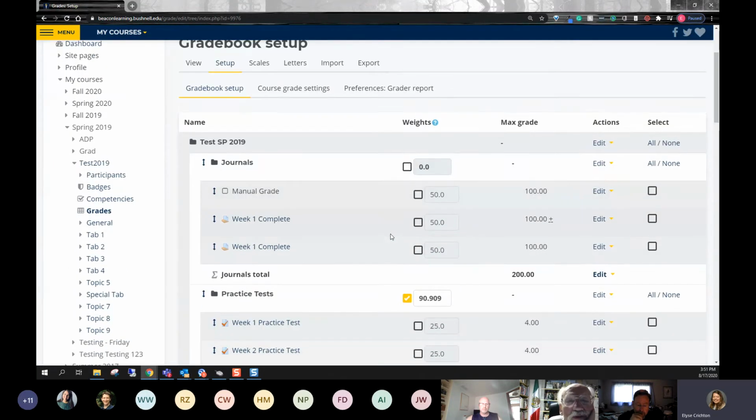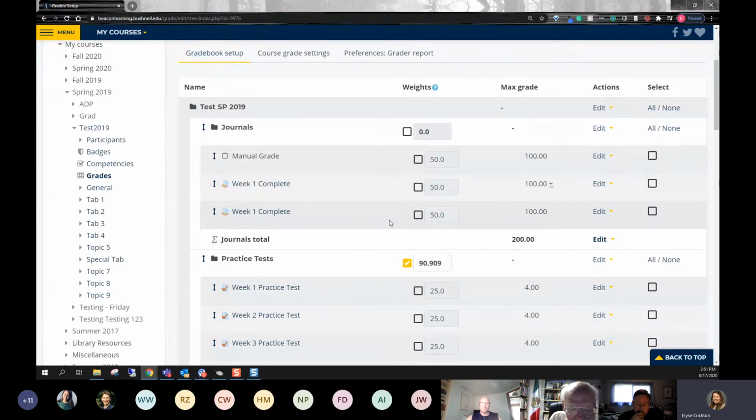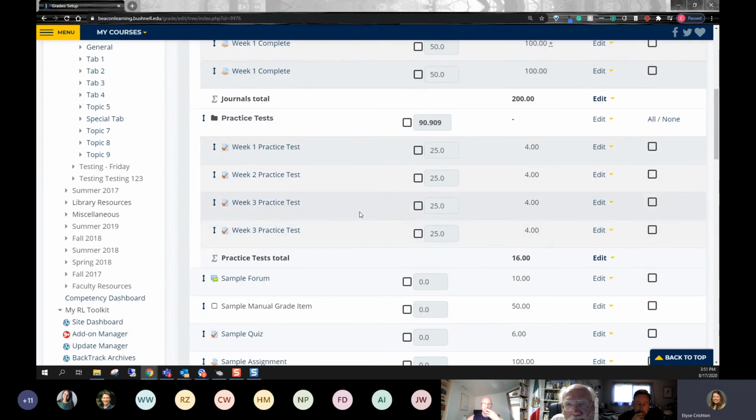Next, weighted categories. So a lot of times I'll see a syllabus that has, I want 50% dedicated to participation, 50% dedicated to quizzes throughout the course. That might be a weird way of doing it, but we'll go with that for example. You can actually check these boxes. I would recommend creating categories for your different weighted categories, which I actually have. Oops, I accidentally skipped that option.